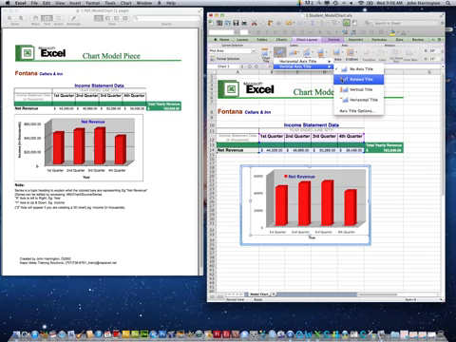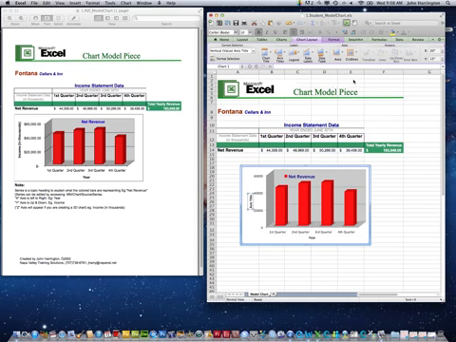And see that little golden orange piece right there? It shows you exactly where it's going to be. And now, I don't even have to click on that axis title. Don't even go near it. I bet if I just start typing, it'll work. It did. Income, see, I didn't even click on it. I just started typing. Income, parentheses, in